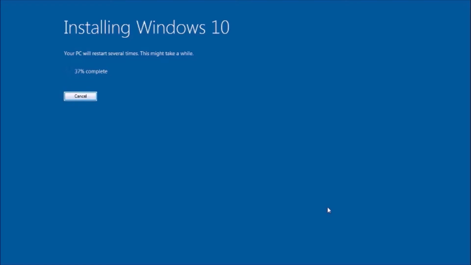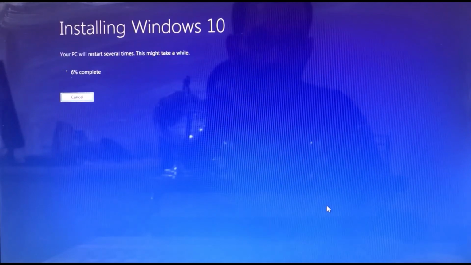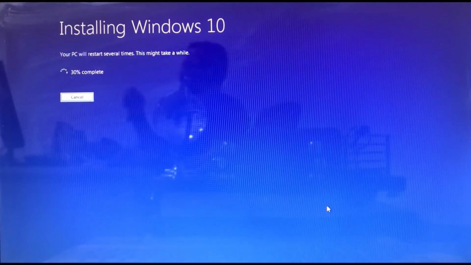In between, your system will restart many times, maybe 2 or 3 times it will restart. As per your system configuration, it will take time.